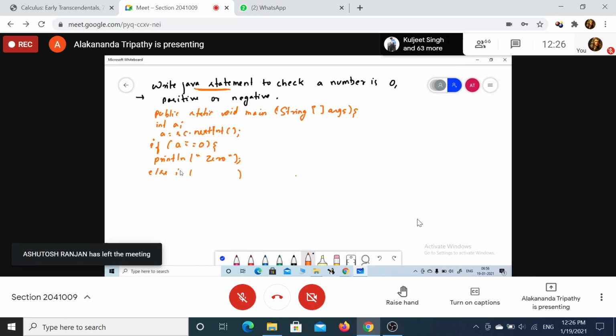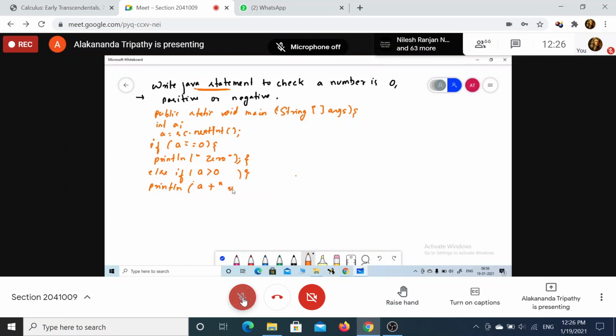You need to write else if. Else if, then condition A greater than 0. If the condition is true, we are going to print a message. Println, what will be the message? A is positive.